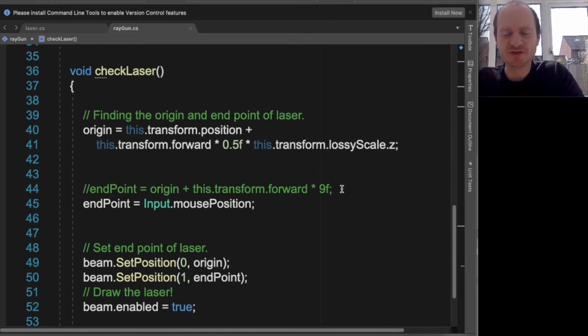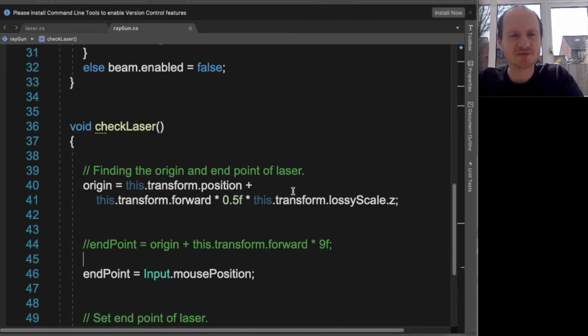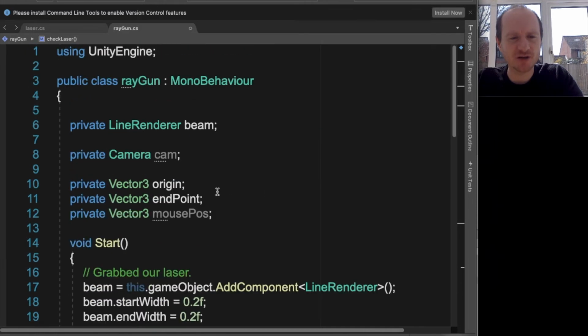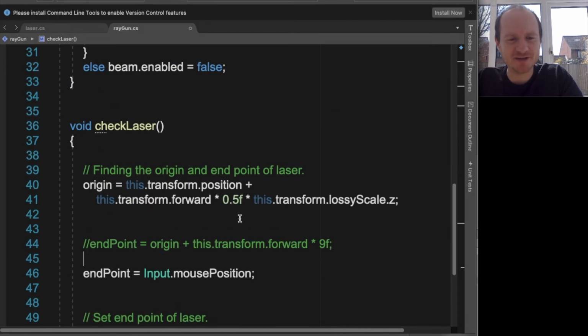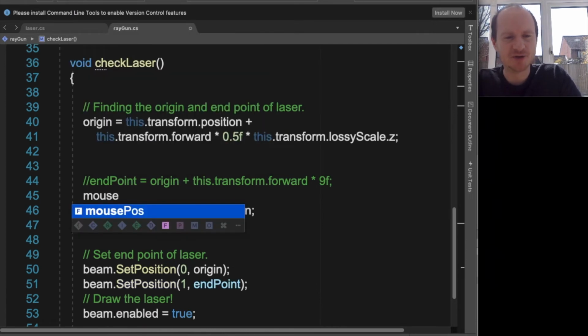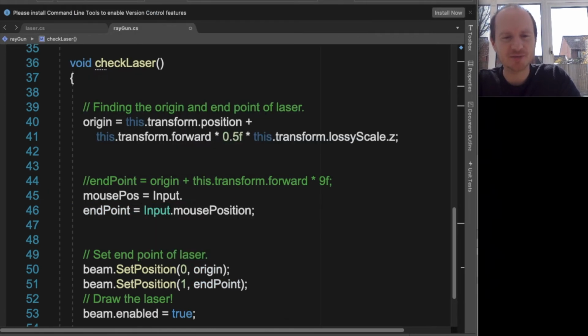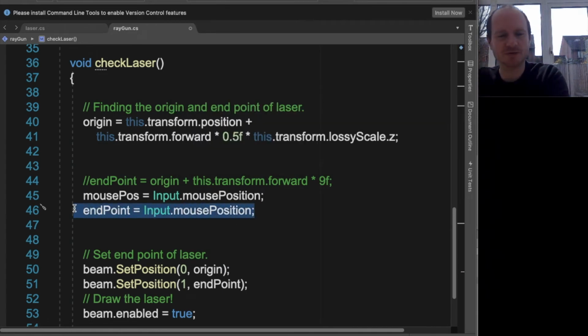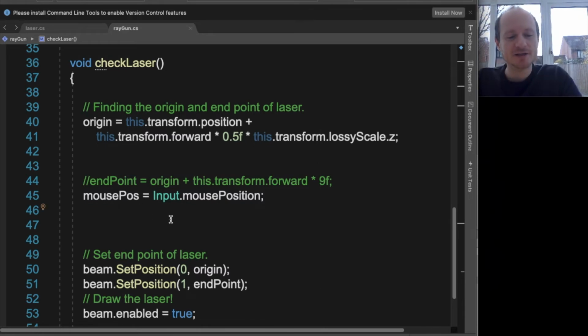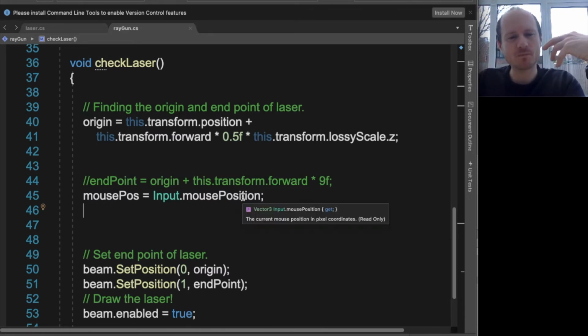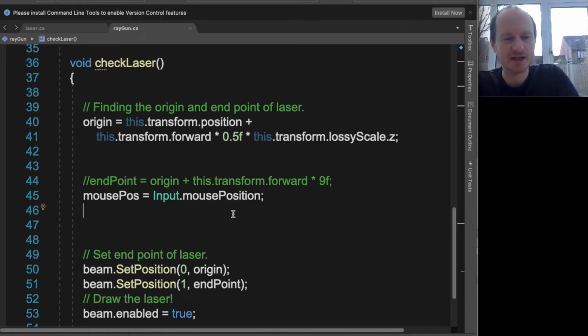So first thing we'll do is store the mouse position in its own variable. I think I already made that, didn't I? Yeah, mouse position. I've already made that. So we can say mouse pos equals Input.mousePosition. And we'll delete that at the moment. Okay, so we want to translate that to the screen position. So we want to say mouse position equals